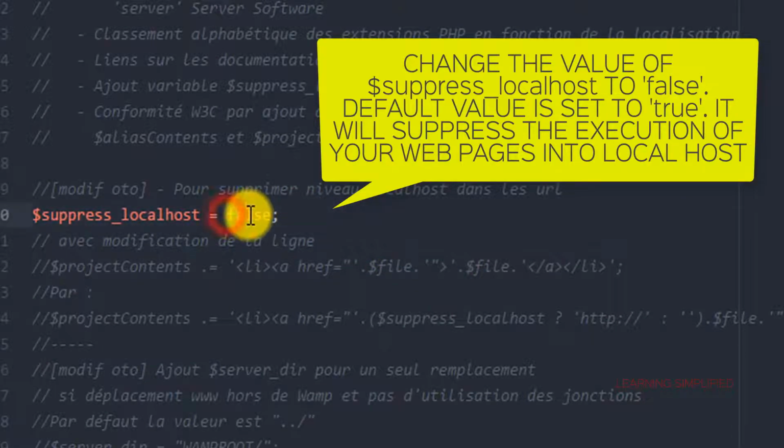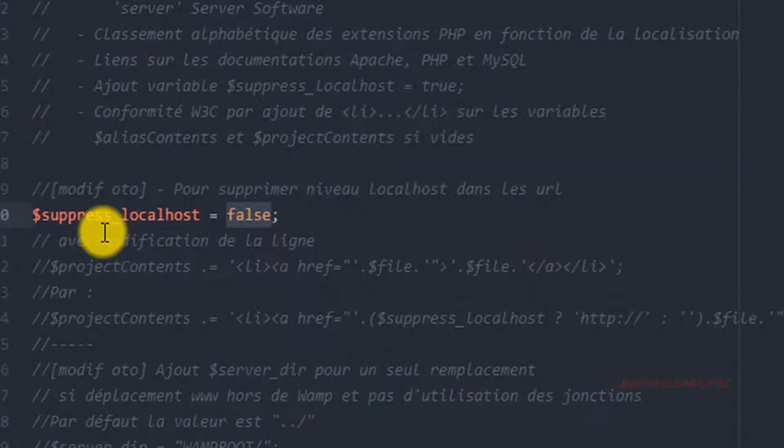If you find that this is true, then you need to change it to false. What it does is suppress the localhost from displaying your web features. That means you cannot view any of your projects in web browser format on your machine, because in this case the variable is set to true.